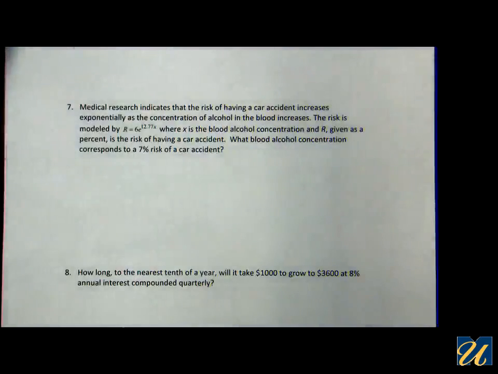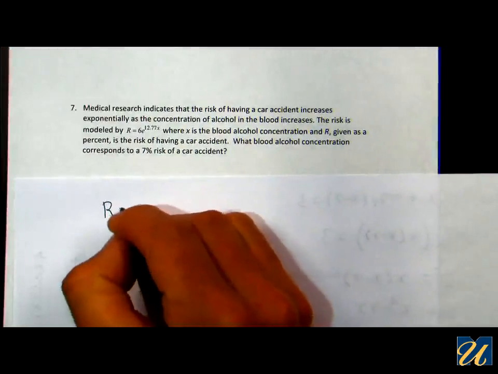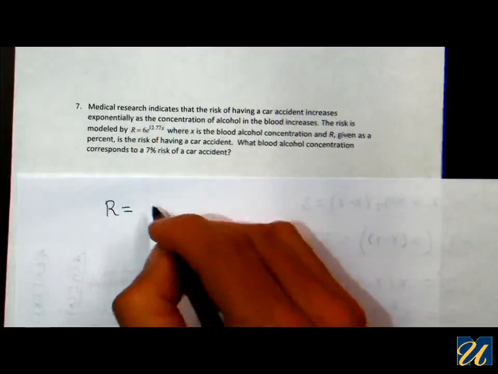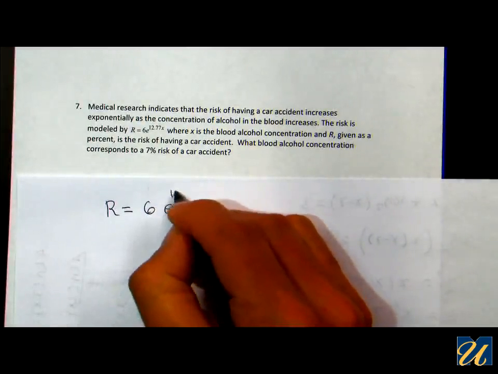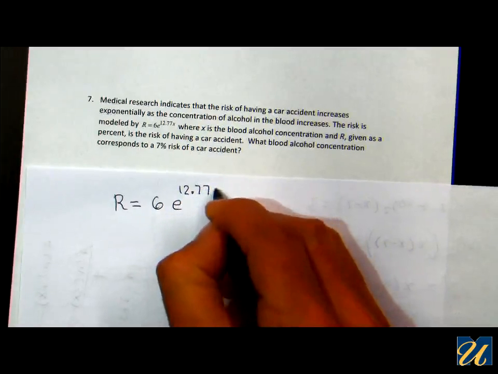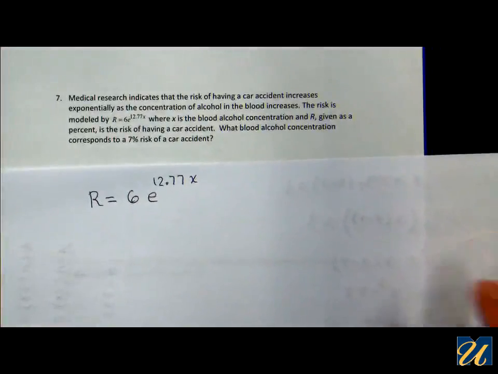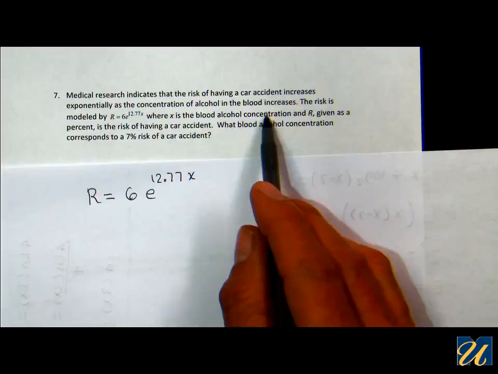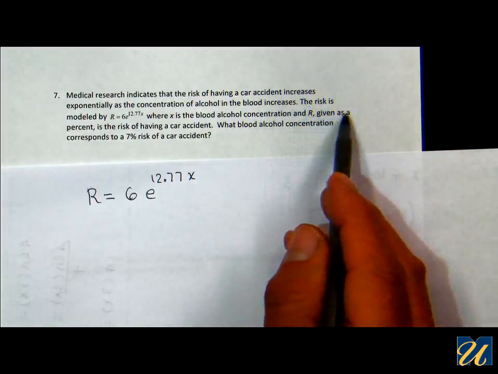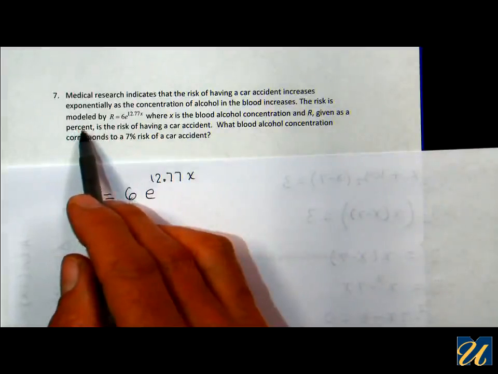Number 7. This is a new one. Medical research indicates that the risk of having a car accident increases exponentially as the concentration of alcohol in the blood increases. The risk is modeled by R is equal to 6 times e to the 12.77x, where x is the blood alcohol concentration and R, given as a percent, is the risk of having a